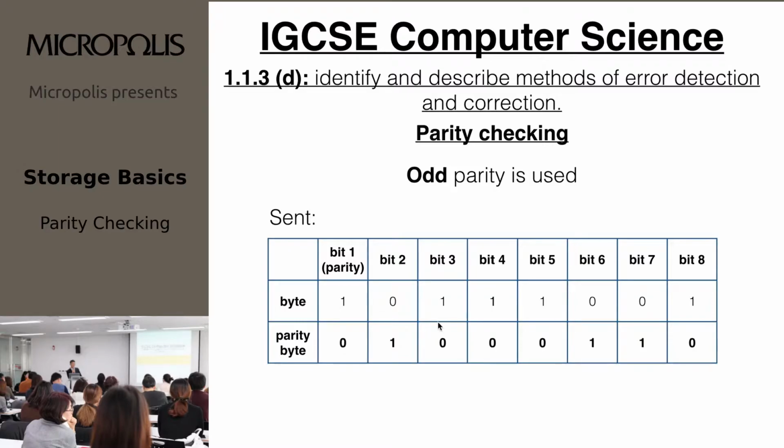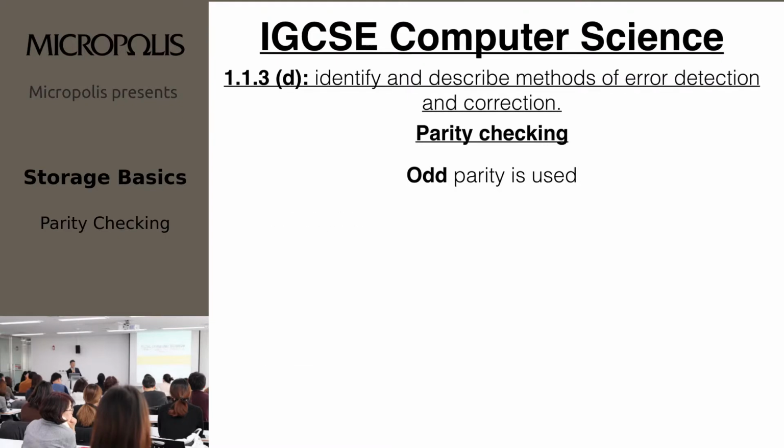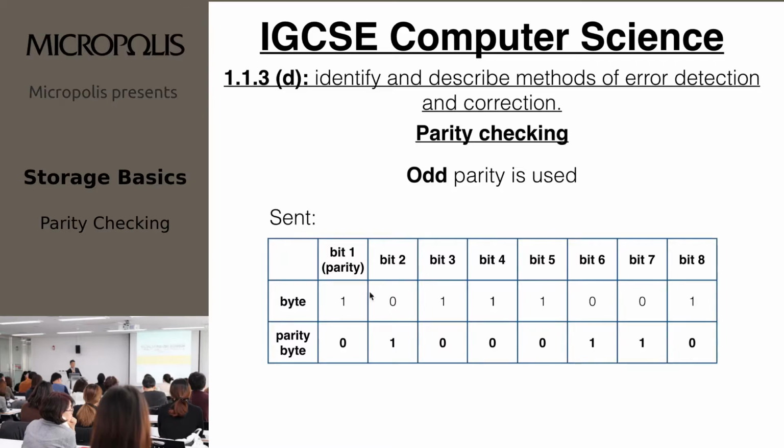So this was sent, but this was received. Where was the error? Let's look at the sent one just to get a better idea. The parity byte is calculated by checking the parity of the vertical columns. It's basically a vertical check, because the parity bit is calculated horizontally: 1, 2, 3, 4, and if odd parity is being used, this would have to be 1 to make 5. But this is vertical, so it basically counts